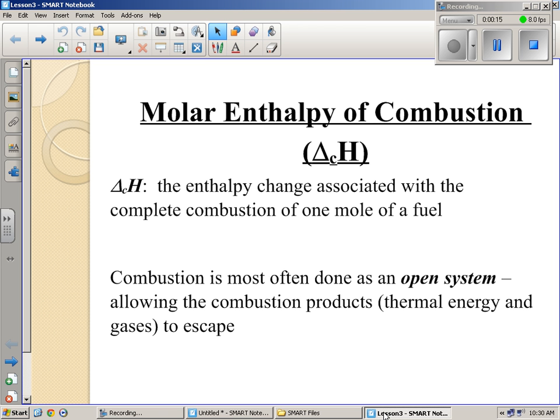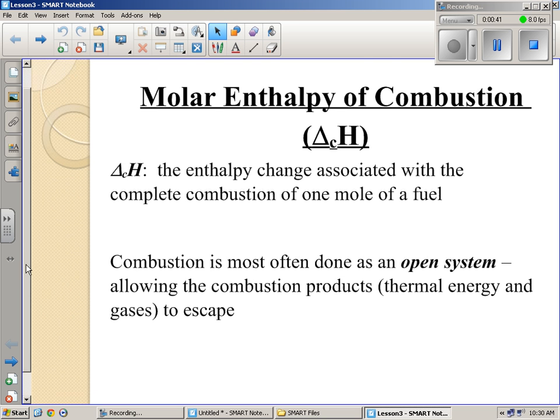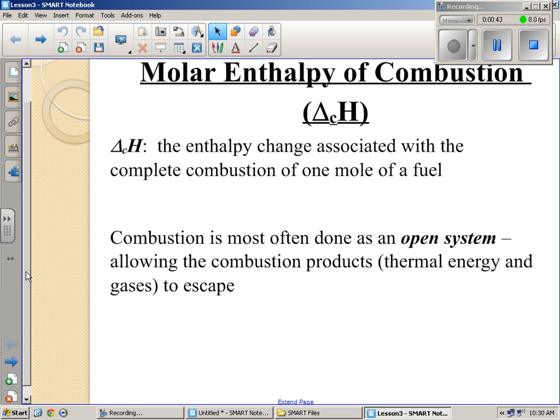Molar enthalpy is always measured in kilojoules per mole. Okay? You'll see that, delta fH, in your data booklet, kilojoules per mole. How much energy should we get from forming 1 mole of this? Or, vice versa, how much energy should we get from decomposing a mole of this, or something along that line? So we're going to focus on 1 mole of stuff here. All right? Delta cH, we've used that term before, combustion, the enthalpy change associated with the complete combustion of 1